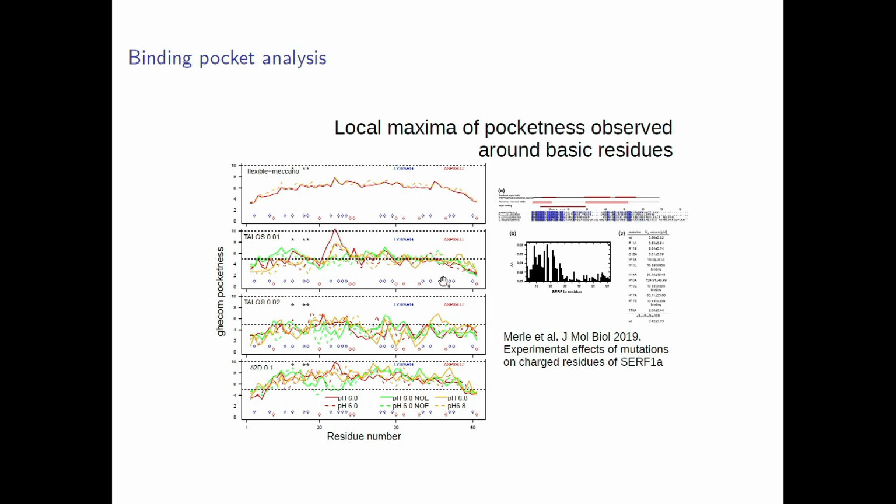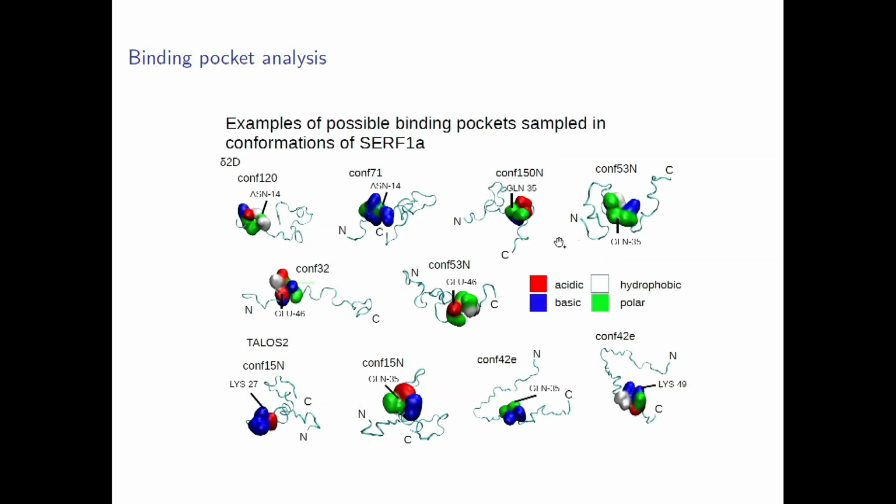But for the structures generated with TIBP, we have many residues which have a maximum of pocketedness, giving rise to this kind of pocket, and that could be a good candidate for starting to do mutations to see whether we can have an influence on the interaction of SERV1R with